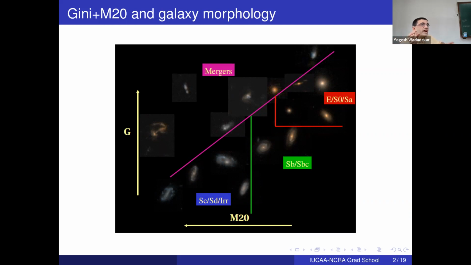So for high redshift galaxies, we can make a connection with what is happening in the low redshift universe via this M20 diagram. And for the CAS parameters as well, we can do the same. So instead of a 2-dimensional figure, it will be a 3-dimensional plot. And you can see that galaxies of a particular morphology will cluster in this space. Here, mergers are quite important at high redshift because